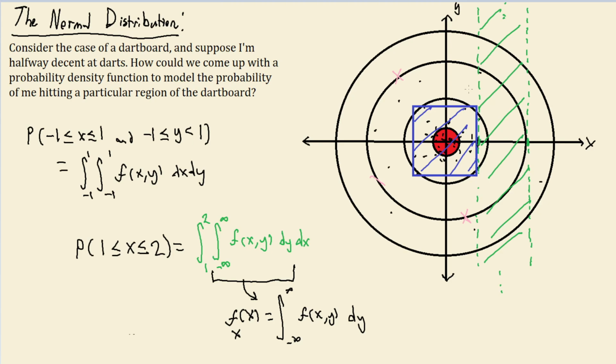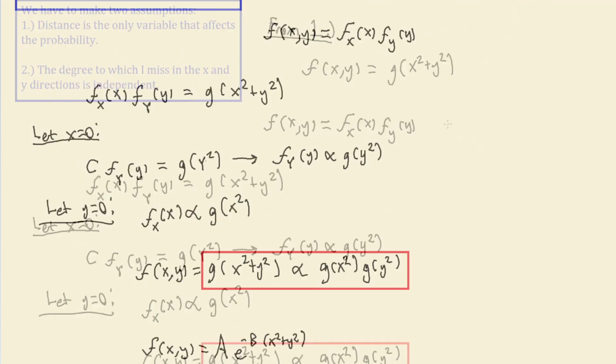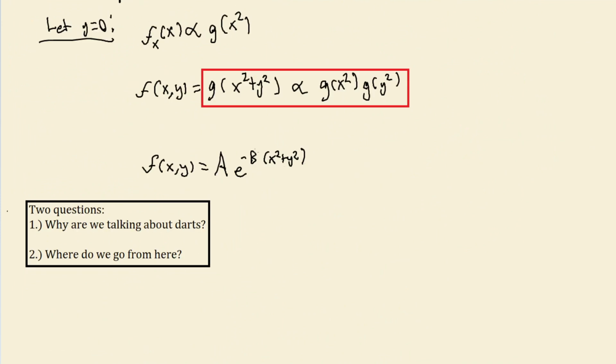But somebody who's terrible at darts, it could be a little bit higher. And we know how to deal with that with this probability density function. We have to modify this b value. And so this could be descriptive of several different natural phenomena. And it's not just darts. And so the reason that we're talking about darts is actually going to go into the second question, which is